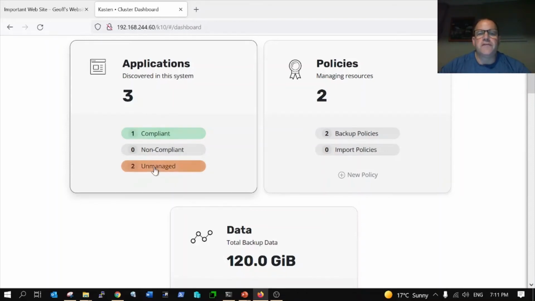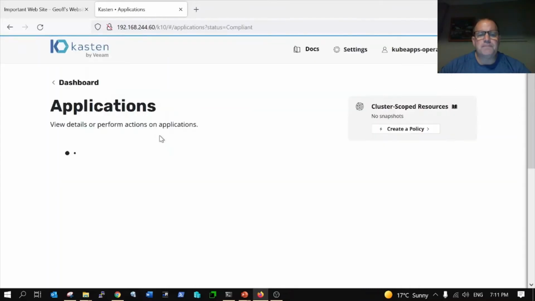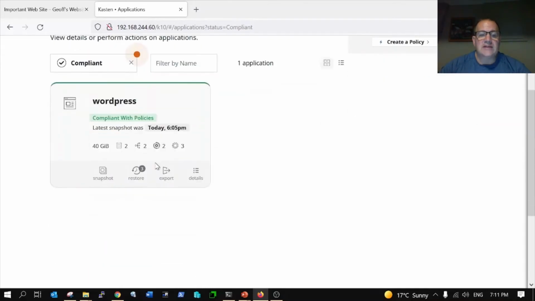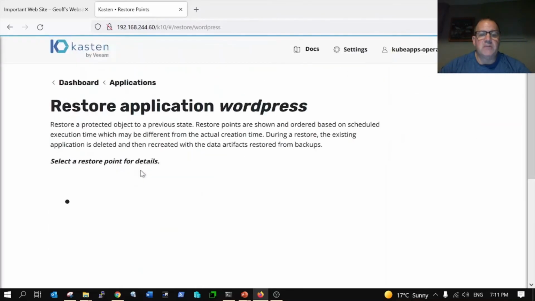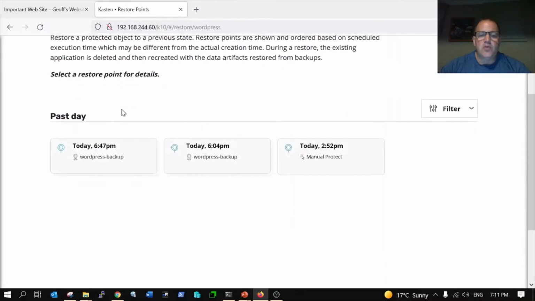The two in there are defaults, and I think the MetalLB load balancer namespace, so I don't need those. But it also shows me the ones that are compliant, and I'm going to restore from the last snapshot. So there's a bunch of them in there because I've been playing around with this, but I want to do the one from 6:47,